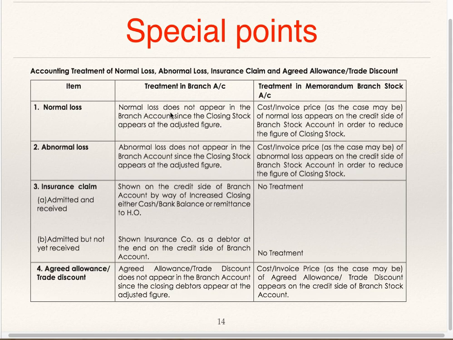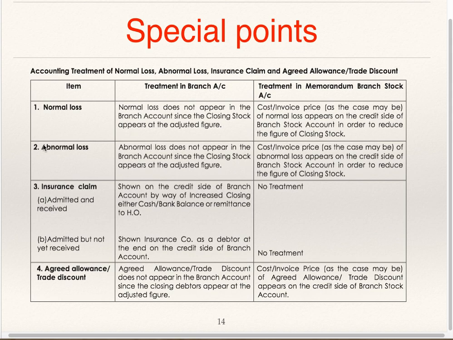Normal loss. Normal loss does not appear in the branch account since the closing stock appears at the adjusted figure. Cost or invoice price, as the case may be, of normal loss appears on the credit side of branch stock account in order to reduce the figure of closing stock. So normal loss is not to be entered in branch account, whereas it is to be shown on the credit side of